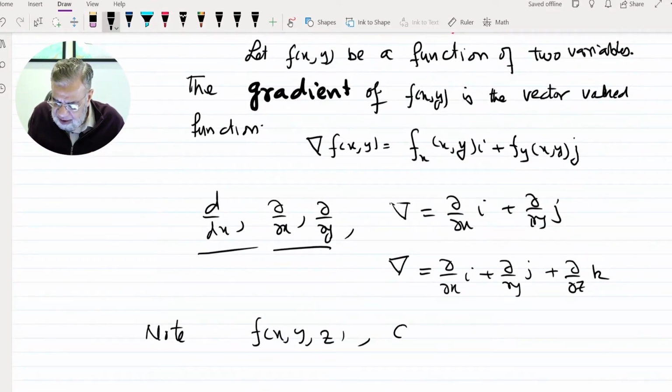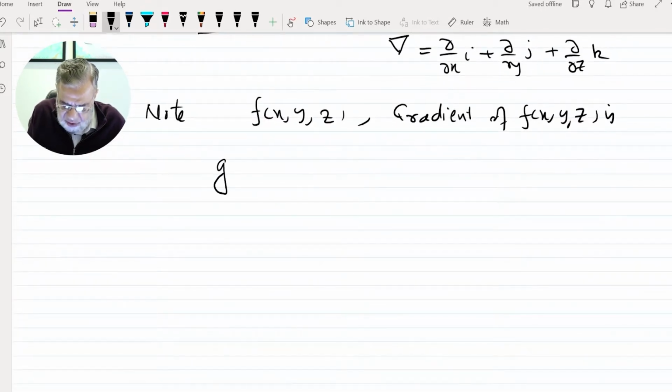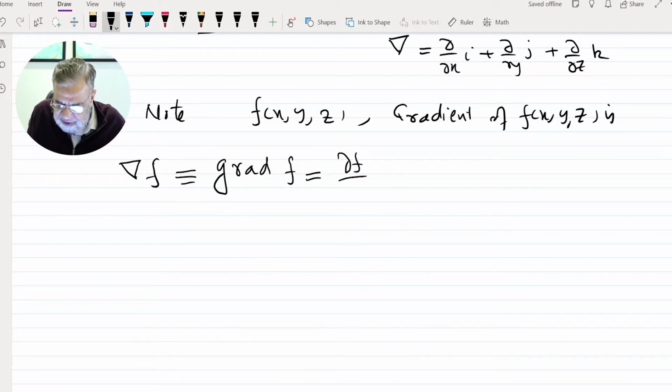Find the gradient. The gradient of the function f(x, y, z), we can just write as grad f, the gradient of the function, or we write this as del f. This is equal to partial f by partial x i plus partial f by partial y j plus partial f by partial z k, and this is